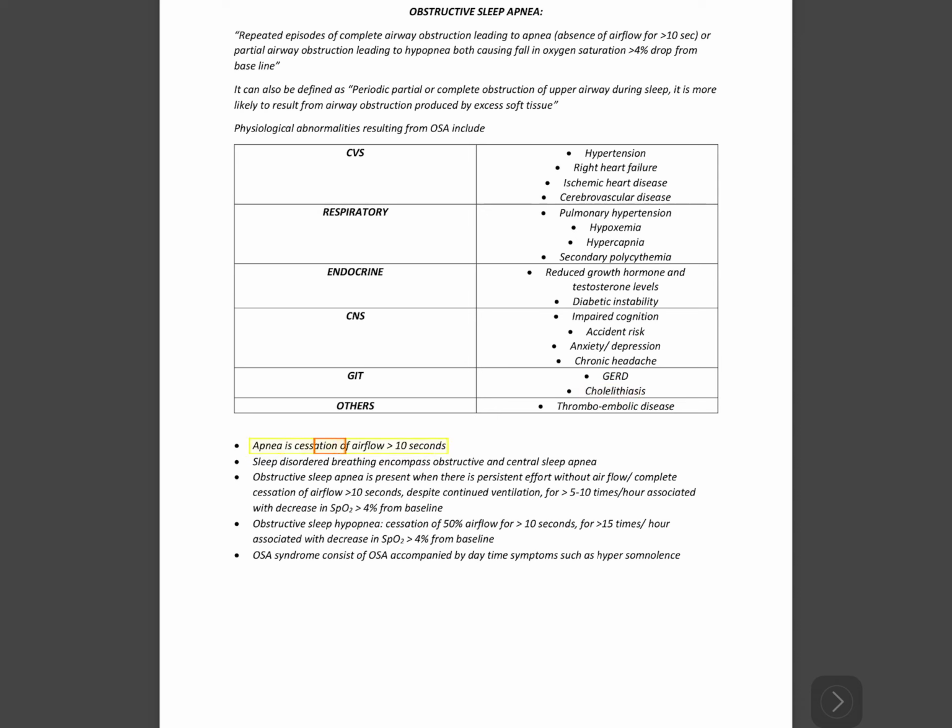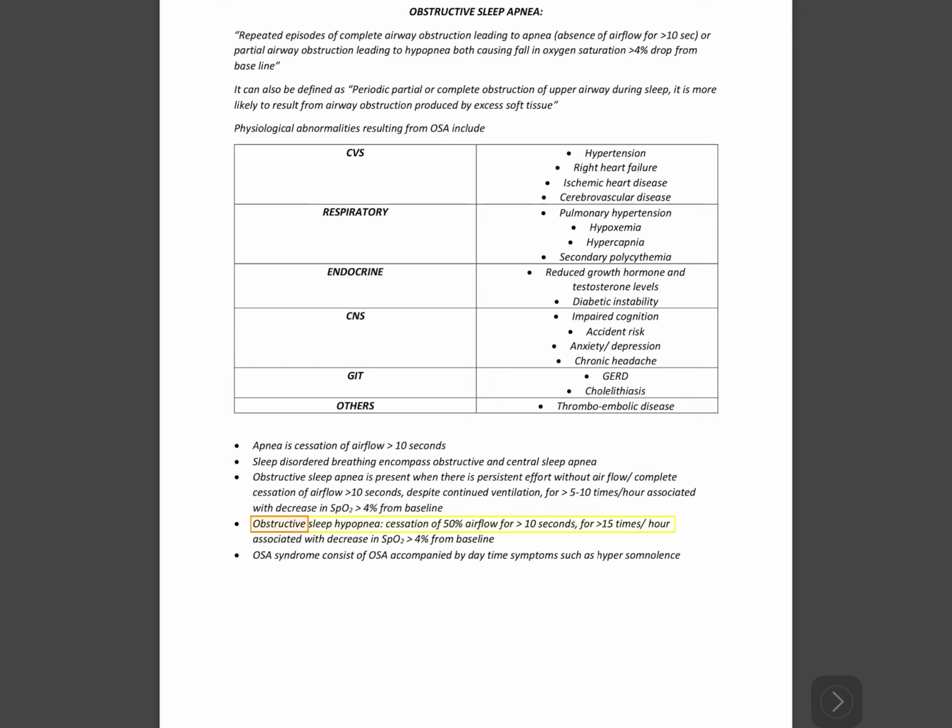Apnea is cessation of airflow for more than 10 seconds. Sleep disordered breathing encompasses obstructive and central sleep apnea. Obstructive sleep apnea is present when there is persistent effort without airflow. It is complete cessation of airflow for more than 10 seconds despite continued ventilation, more than 5 to 10 times per hour, associated with a decrease in SpO2 of more than 4%